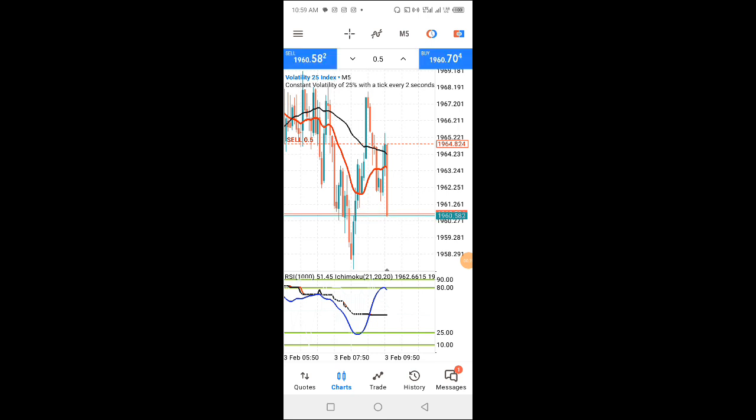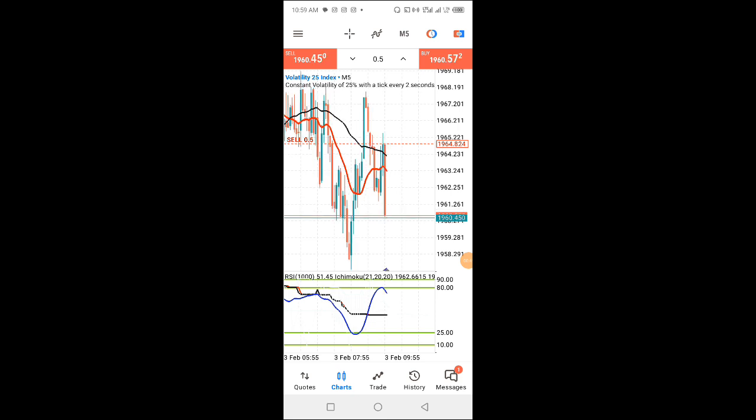In today's strategy, I'm going to be explaining to you how you can trade the synthetic indices, including Forex. If you apply this on Forex, that means the currency pair, you also get good results. But I use this strategy mainly for the synthetic indices. It works on both, so you can try the settings out on currency pairs. So in today's strategy, I'm going to show you how you can make money